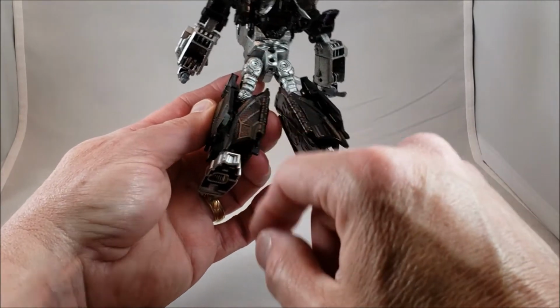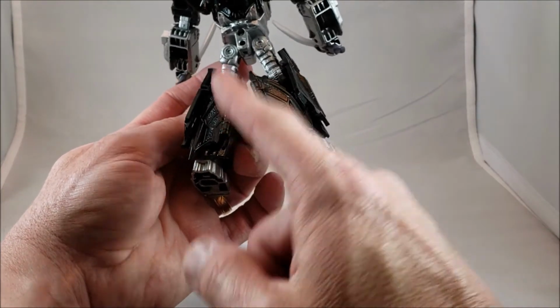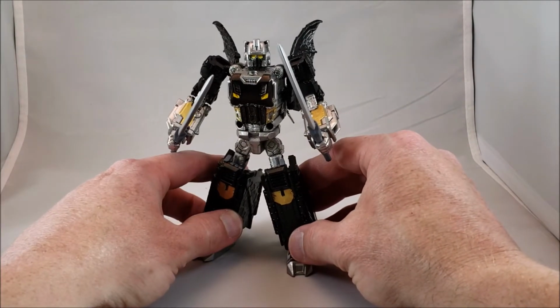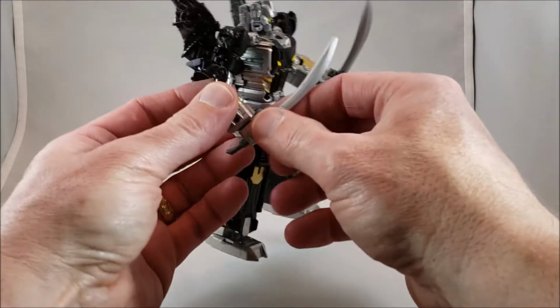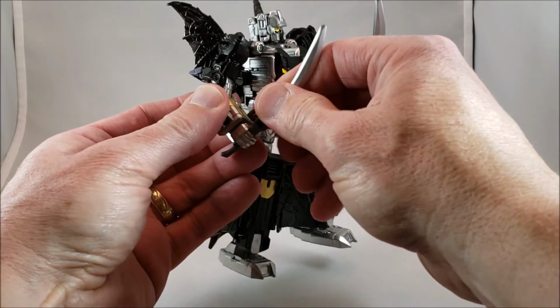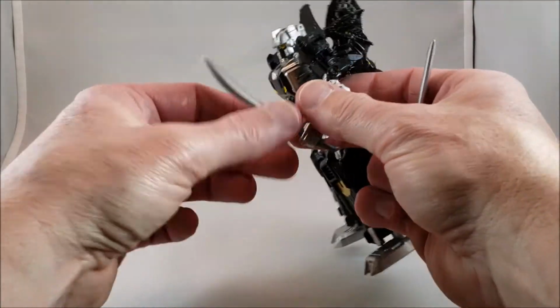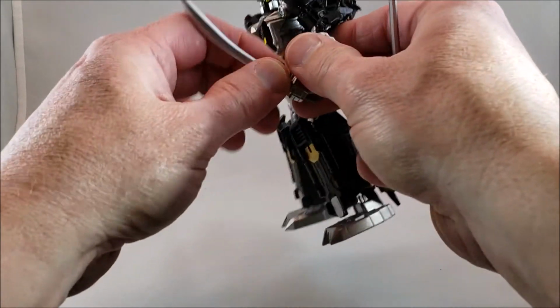And they dried out pretty well. There's still maybe a few spots that are a little sticky on some of the hinges, but overall, I'm pretty pleased with the way this guy turned out. Not too bad at all. The swords, like I had said earlier in the video, are just from the Transformers Prime series Wheeljack figure,